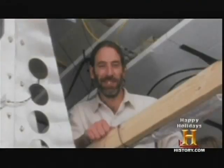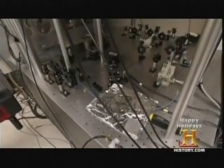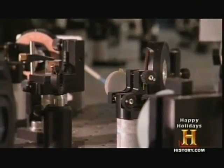Stephen Jeffords, with NIST's Time and Frequency Division, has led the F1 project from its inception in 1996. We call this an atomic clock, and it's really not a clock in the way that you tend to think of a clock. It doesn't have hands, and it doesn't tell time. All it does is tell me how long a second is. It doesn't put a label on the second to say that it's 5 o'clock in the afternoon. It will just tell me the difference between 5 o'clock and